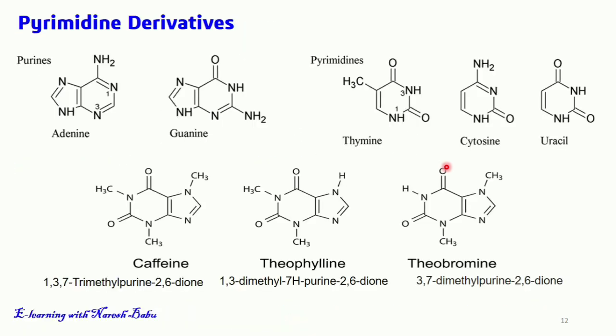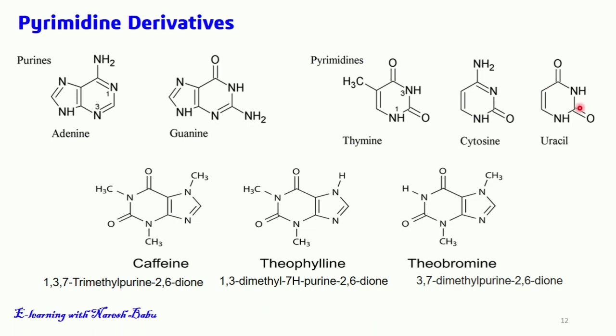And you can see some of the derivatives are drugs which have the pyrimidine nucleus. We know well that in the DNA and RNA bases, purines and pyrimidines are present having this pyrimidine nucleus. In the purines, the pyrimidine ring is attached with the imidazole nucleus. The pyrimidine ring attached with the imidazole nucleus is adenine. In this case, we can see it is guanine, where the pyrimidine is attached with the same imidazole. And among the pyrimidines in the DNA and RNA bases, thymine, cytosine and uracil are all pyrimidine derivatives only.